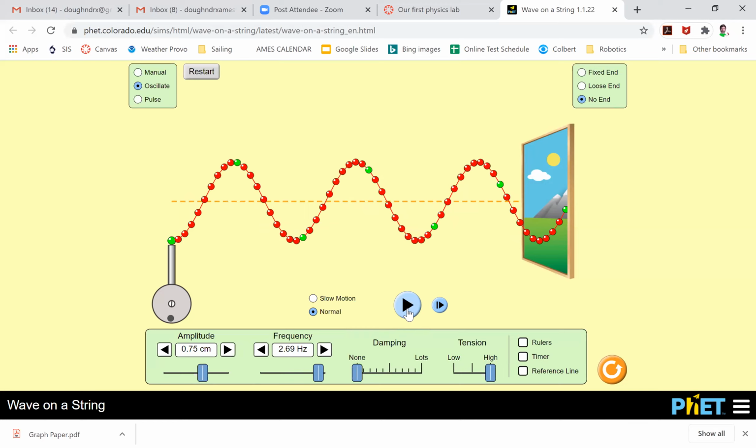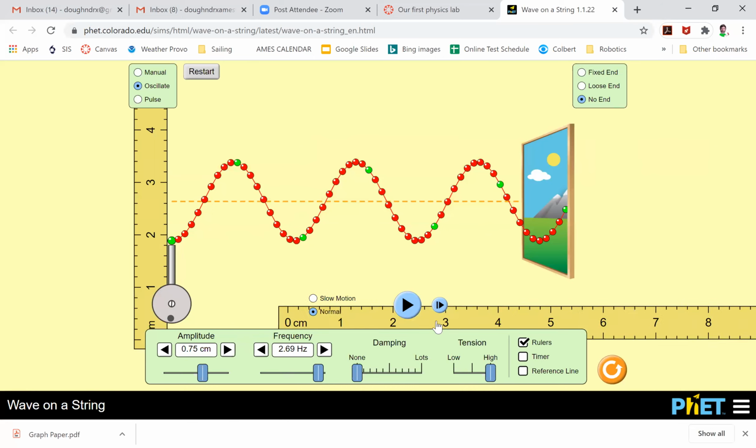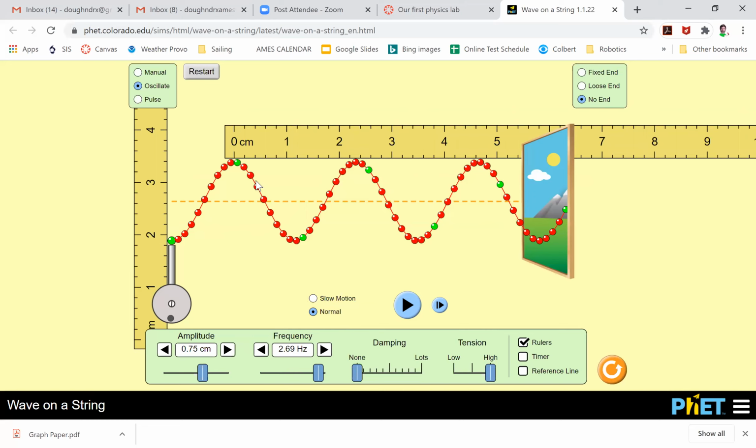Your dependent variable is going to be the wavelength. So if only there was a way to measure the wavelength. Oh, wait, what's this? I see a little thing down here that says ruler. So let's click on rulers. Okay, so here's a bunch of rulers that we can take and move around. So if we put the ruler so that 0 is right at this one wave crest right here, and we come over and we see the next wave crest is at about 2, so that would be 2.4, 6, 8. So about